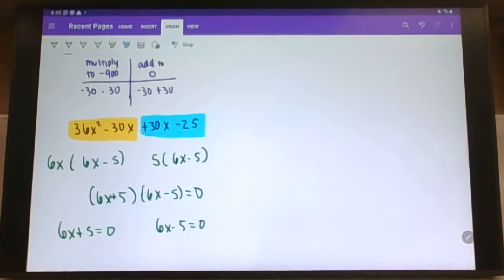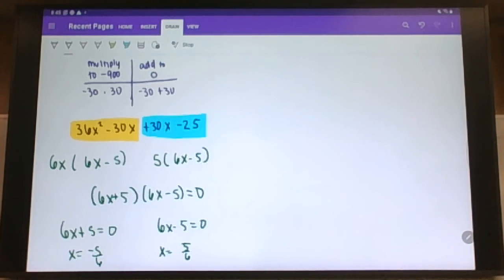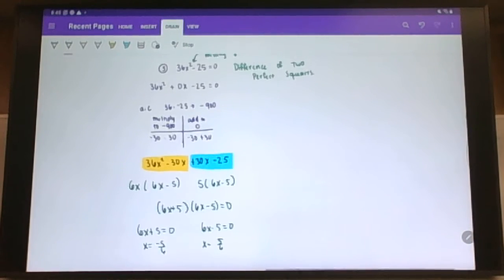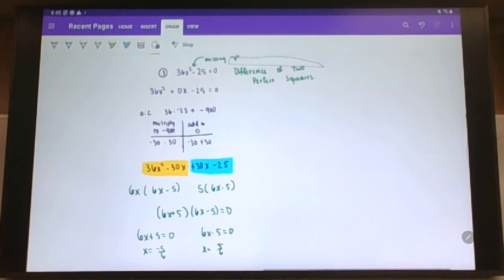This is so long, I can't wait to use the shortcut. Is that too small? All right, so instead of doing all that,